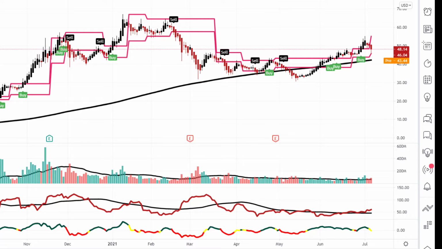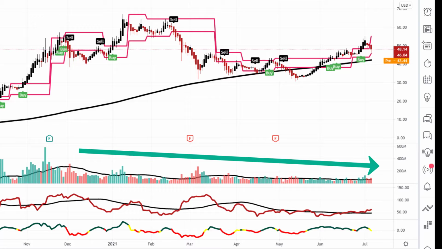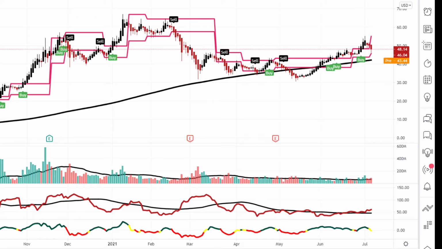Now the moving average there, that black line, is a 200 moving average. The price likes to bounce from there if it pulled out. It did, in May, June, just dip under, but it's now pulled back up. Volume isn't as high as what it was back towards the end of 21, and it's pretty flat at the moment. In terms of indicators, we've got an RSI with a moving average on there, which is the red and